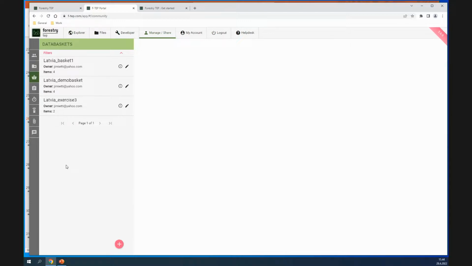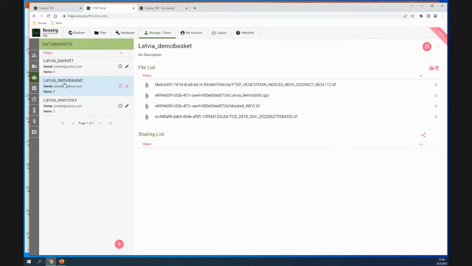Typically in some project, you choose to use, let's say, 10 to 100 satellite images. You can collect them into these data baskets and then handle them within the data baskets. So you can see what data baskets you have and what kind of files you have in them. And we will create a data basket later today.